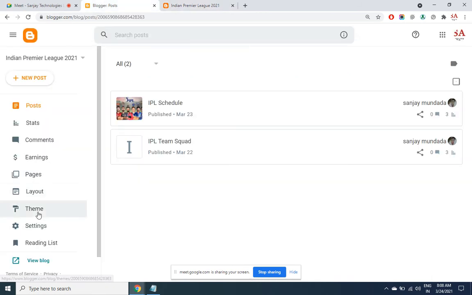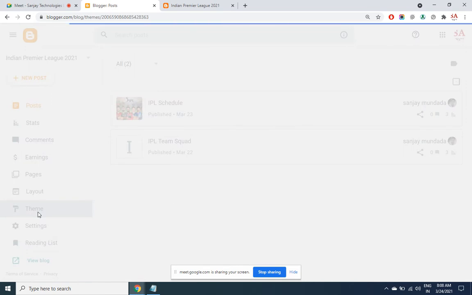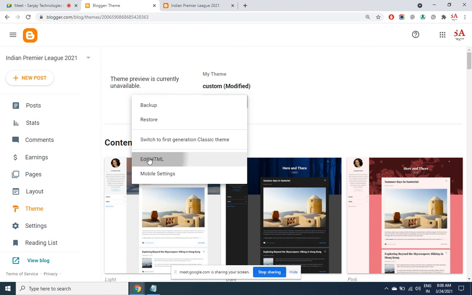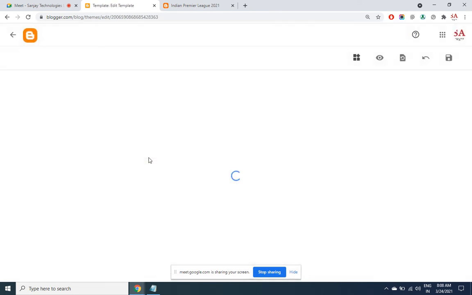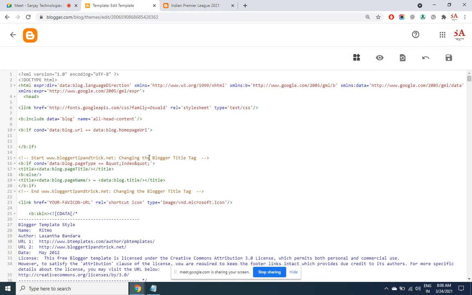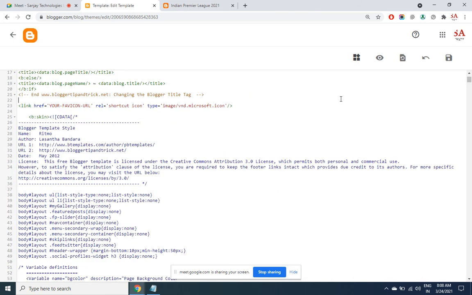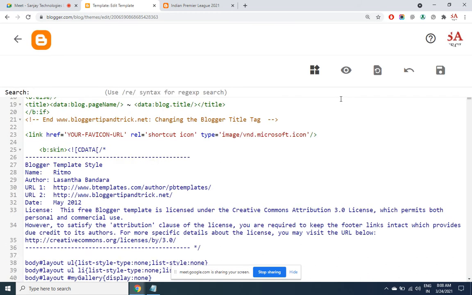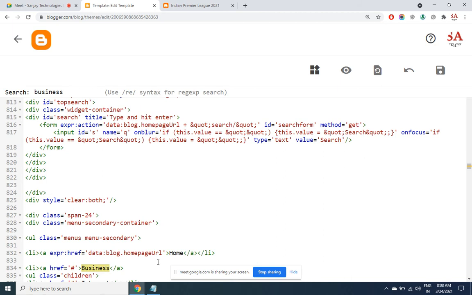So I am going to theme, edit HTML, and press Ctrl F to find. Let me zoom this. So business. So the code for business is written here.